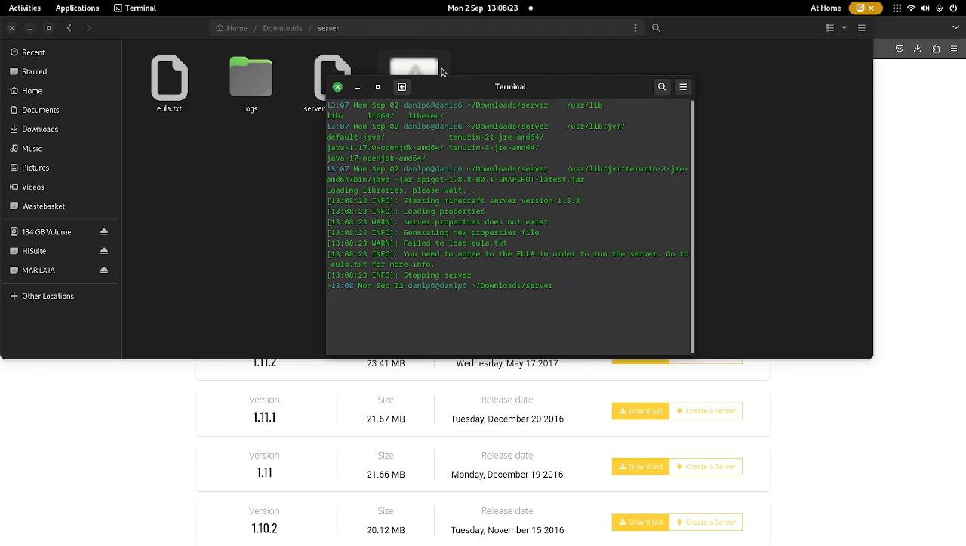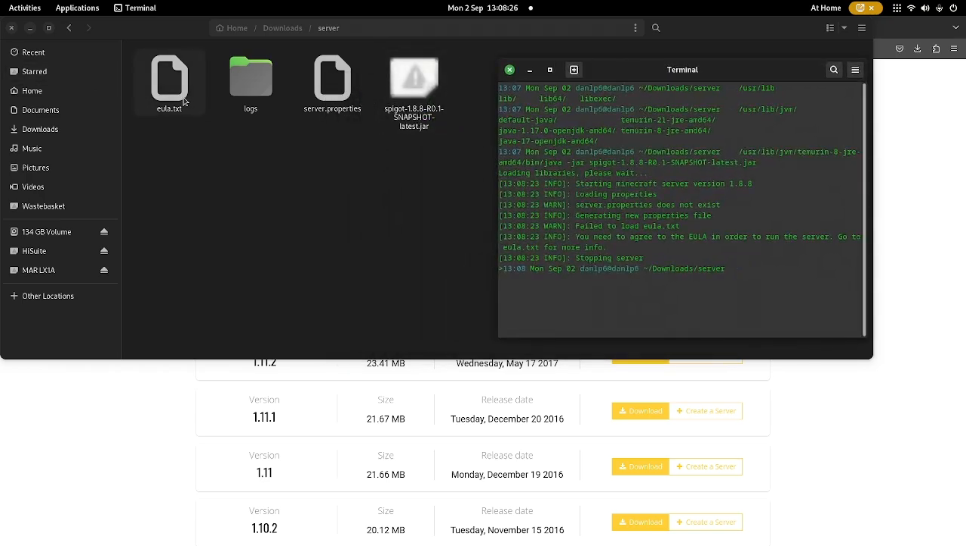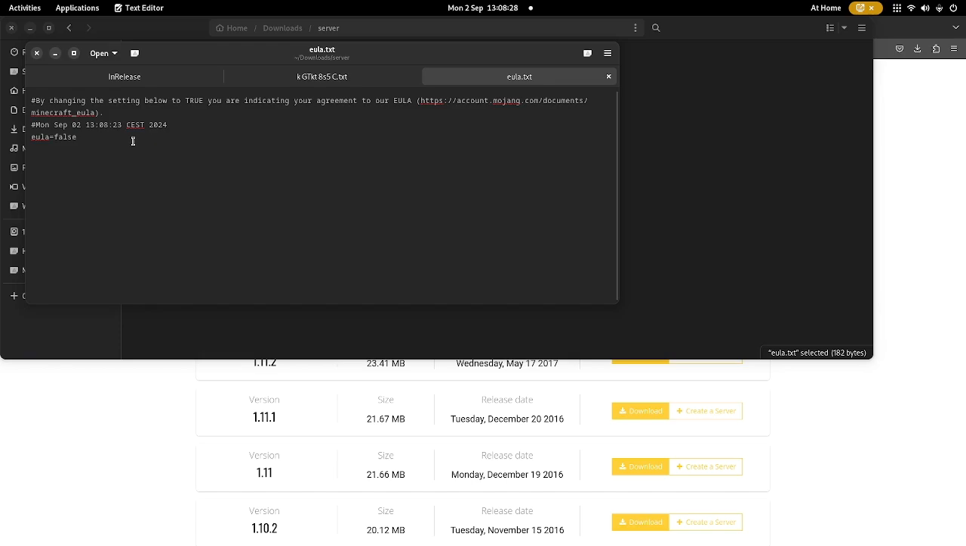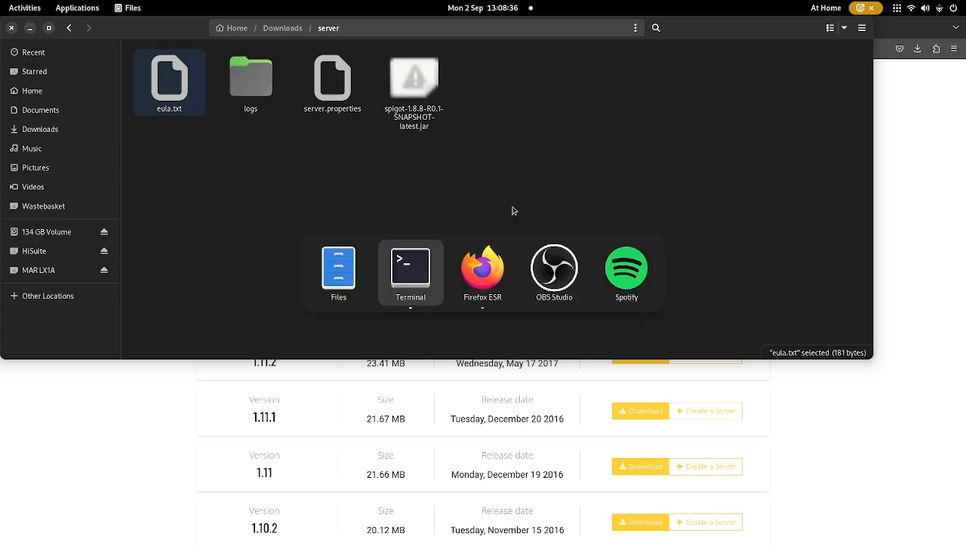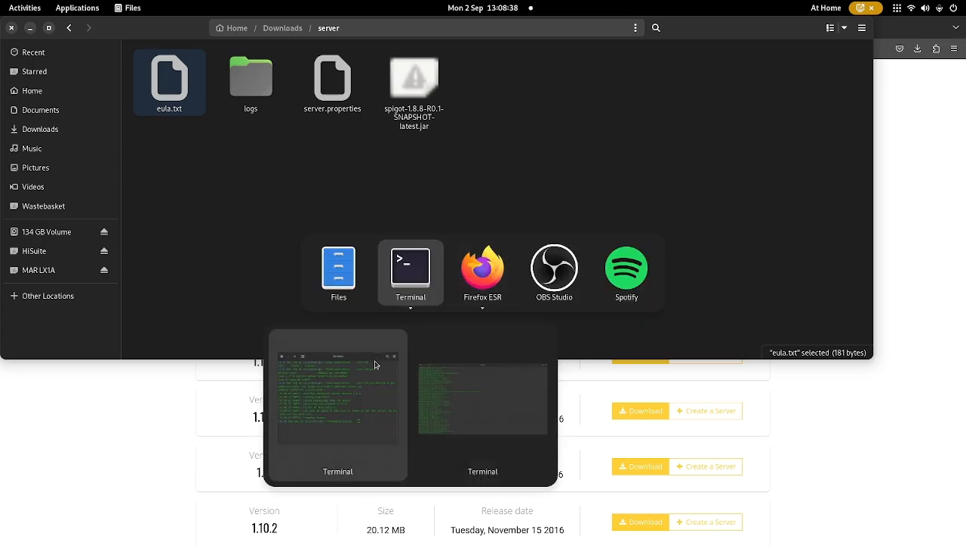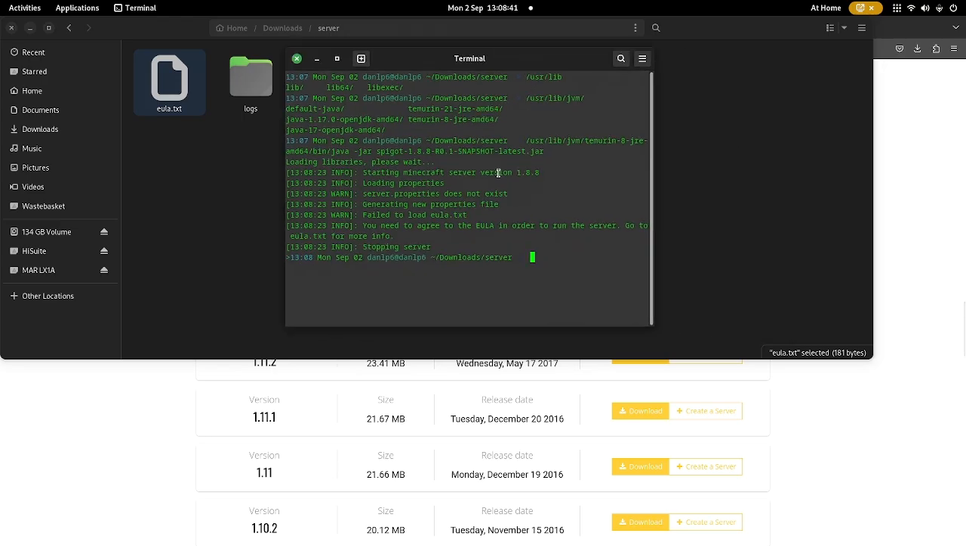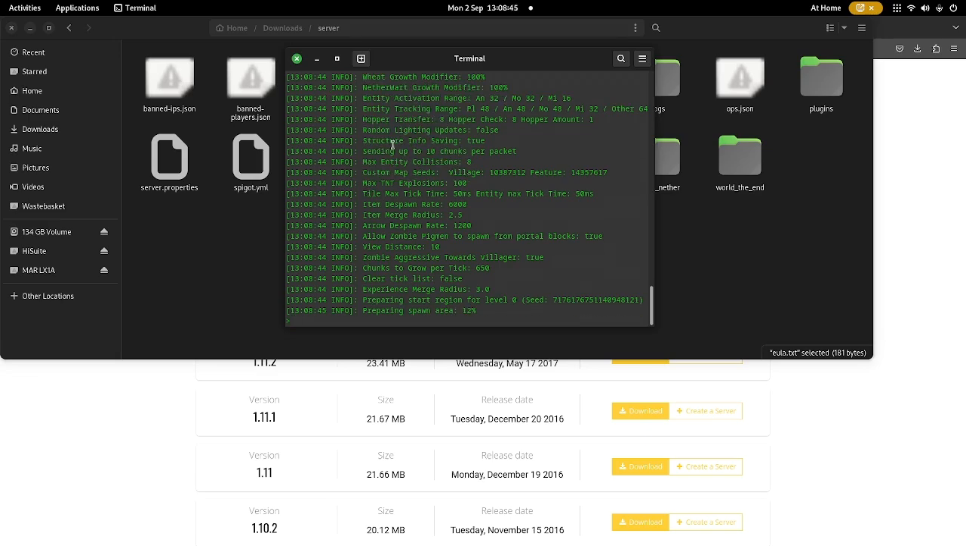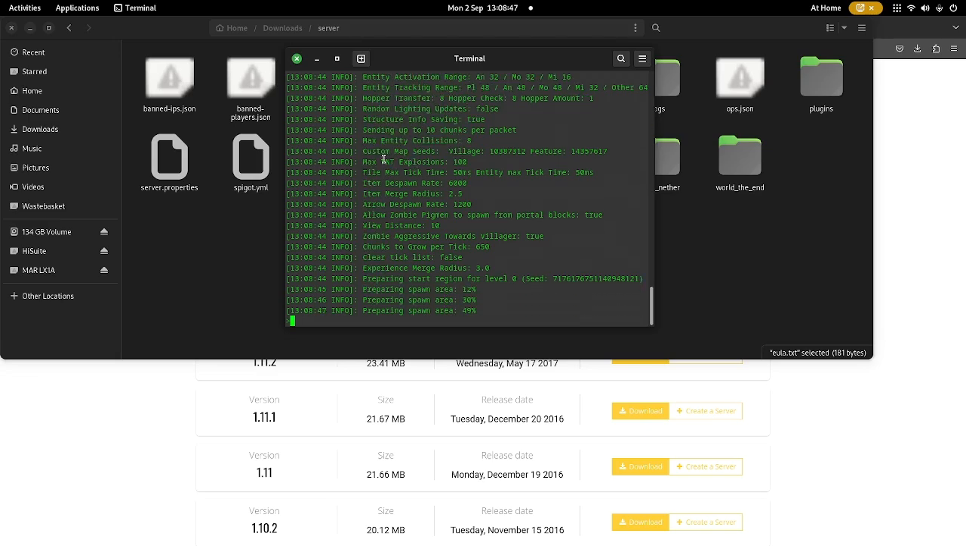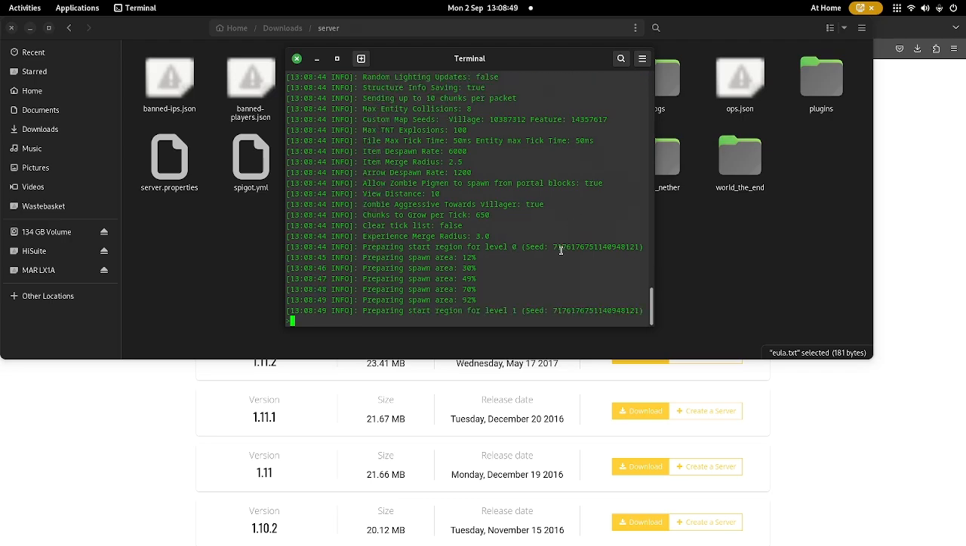Because the server will crash anyway, because we haven't set the eula.txt. This one we just have to set to true, and we should be good to go. Alright. So now the server should run, which is fine. Okay, perfect. Our server is preparing the spawn area